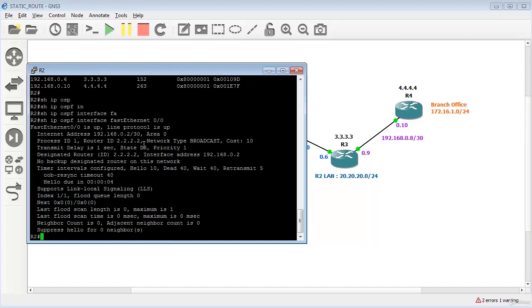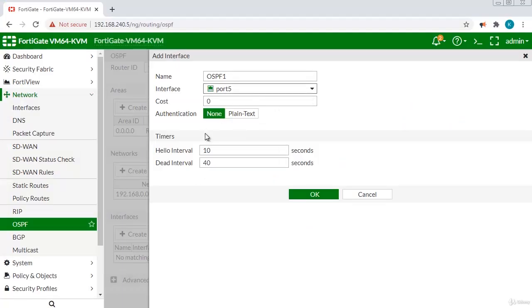If I give that command, you can see over here the router ID, the IP address of the interface, the process ID, everything is available over here. And if you come over here, you can see that hello interval is 10 and dead interval is 40. So it is the same over here. Hello interval is 10 and dead interval is 40. You can click OK